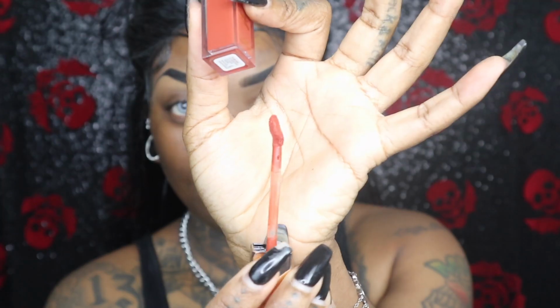I have to say, I do love this packaging. Urban Decay was one of my favorite brands while I was working at Sephora, and it's an edgy, sleek thing that they've got going on, which I love. This is what the doe foot looks like. I love that little curve. It holds a lot of product, probably too much, so I'm gonna wipe off everything and see what I get. I'm only gonna do two